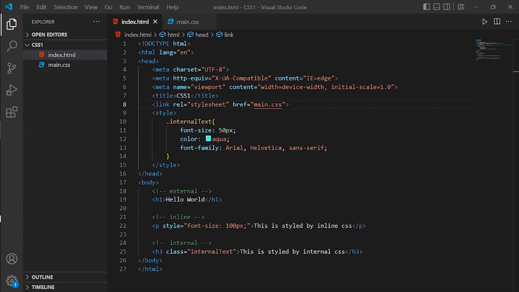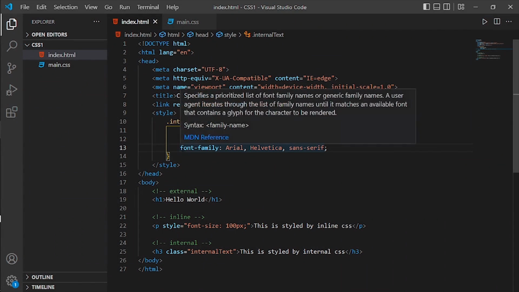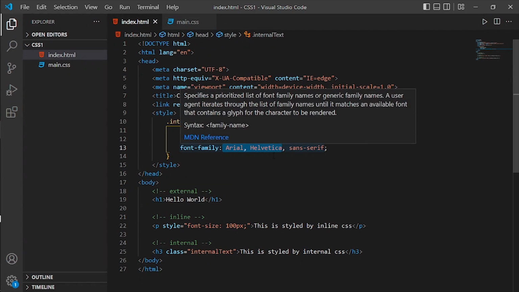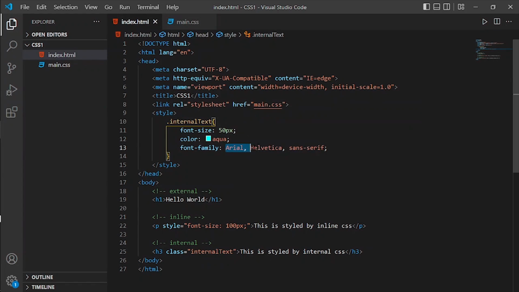Okay. The next thing is going to be the font style. First, we will have a font family. The first thing we're going to learn about font style is the font family. Here we already have some font family. So the first two are the font names,